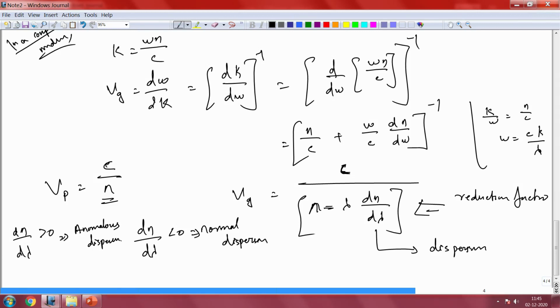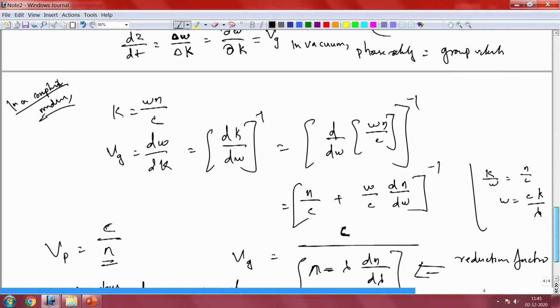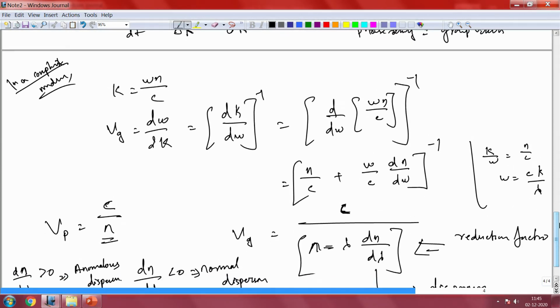All right. So when dn over d lambda is 0, we call that anomalous dispersion. In this case, the group velocity will be less than the phase velocity. All right. So they will always move in that direction. All right. So this is an important relation that you may want to pay attention to, where